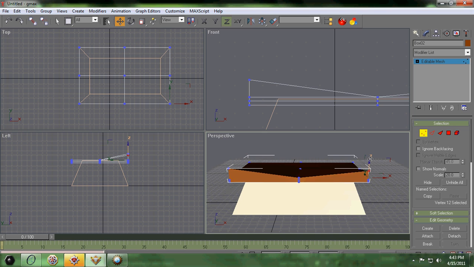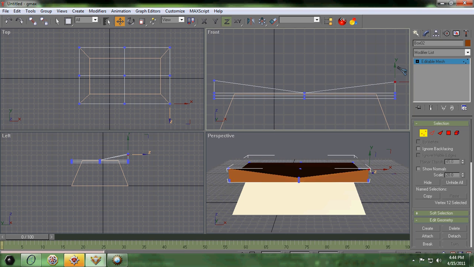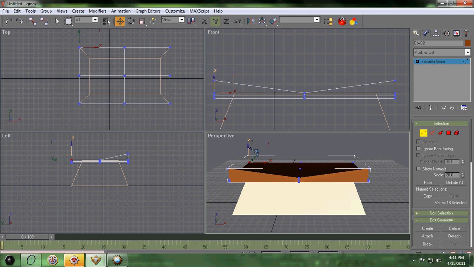For the purpose that I'm doing this, I'm thinking more of cover than looks. Obviously, it doesn't look too well, but as far as cover's concerned, I believe it would actually work very well. It's great to duck behind and whatnot. And again, you don't have to do this exactly the same way I am, it's just the way that I am doing it. So after you get this the way that you want it to look,